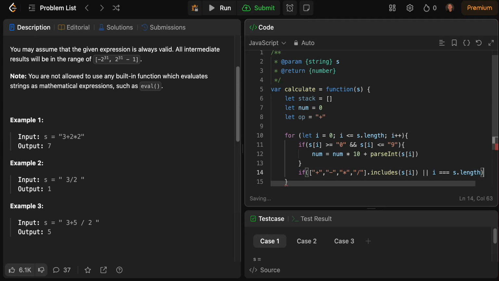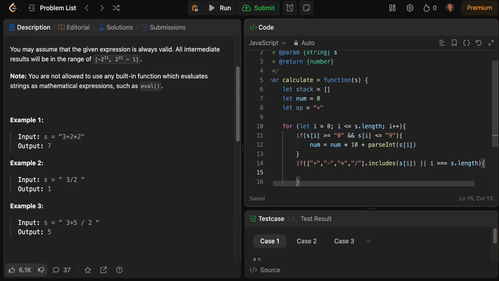So if we break out of the string and we need to account for the last integer that we have seen, then what we want to do is go through